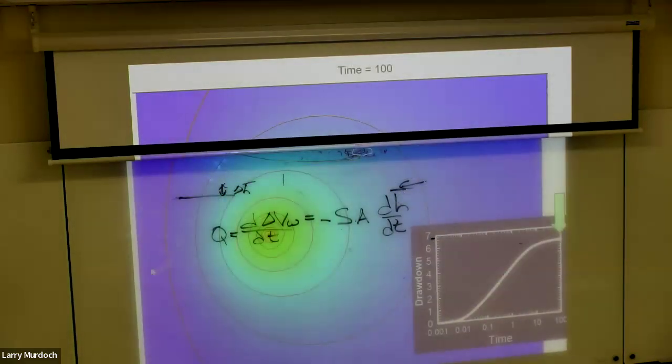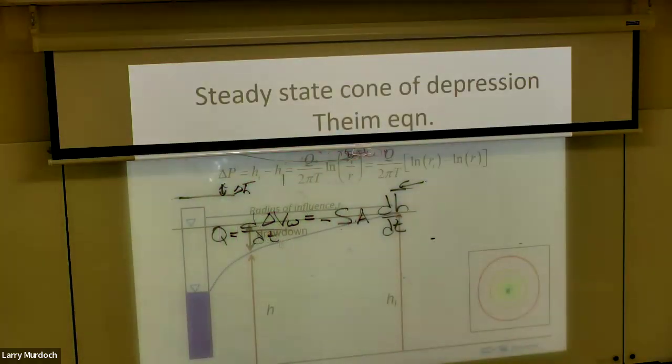And that's what's happening here. Here you see the drawdown is flattening out. That means that it's going to steady state, and we're having flow from the stream going over to the well. Okay,